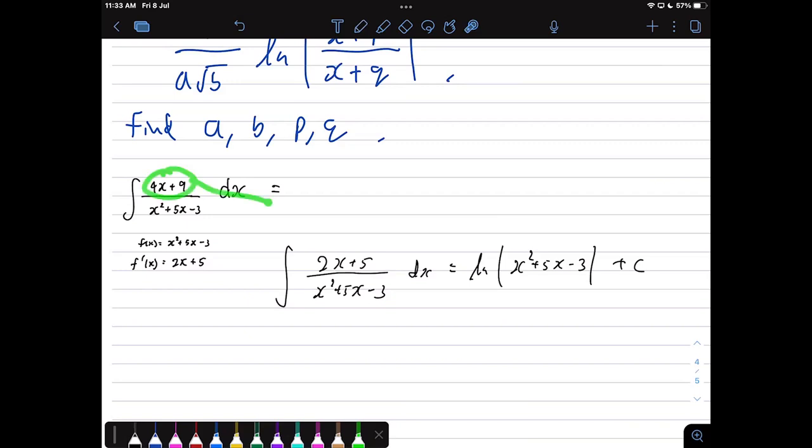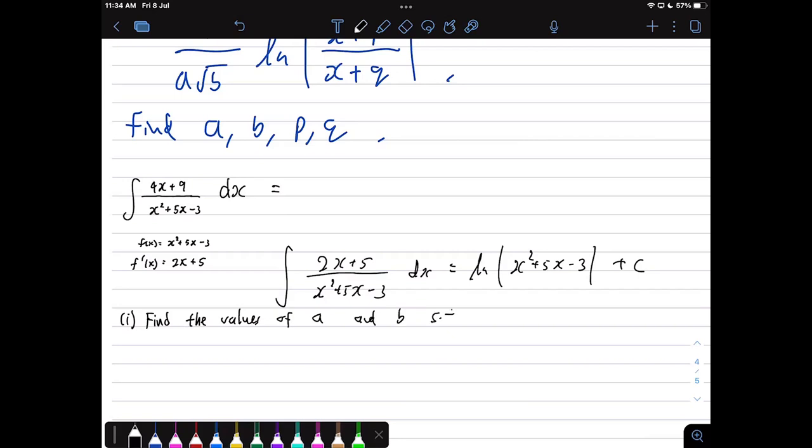4x plus 9 can be transformed into 2x plus 5, because they are both the same degree, power 1. Usually, it's just power 1. Then how can we do that? Sometimes the questions will give you a part 1 to hint to you. Part 1, they'll ask you to show, no, find the values of A and B